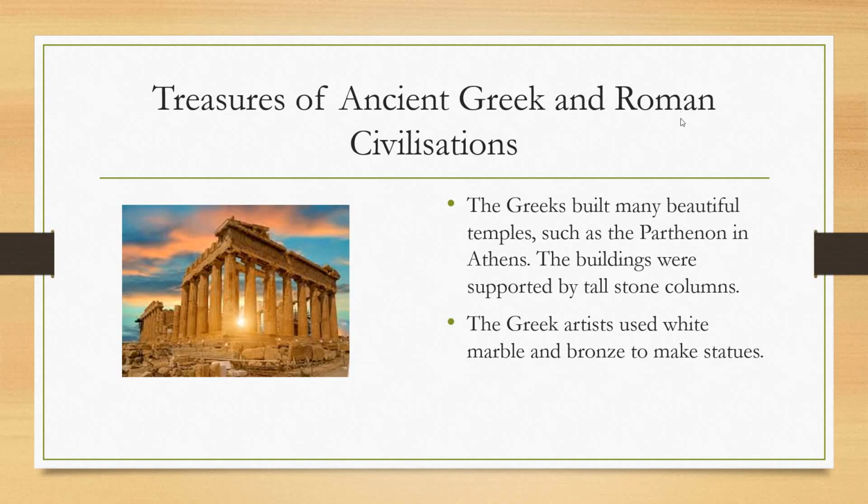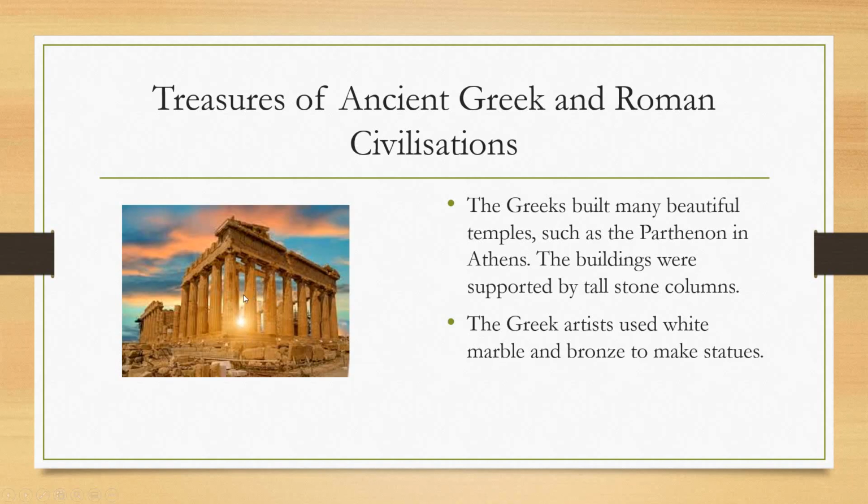And when we talk about the ancient Greek achievement in the area of architecture, certainly we would be talking about their constructions of many beautiful temples. Say, for example, this one, the Temple of Parthenon. This temple was built in Athens, dedicated to the goddess Athena, and we can see from this picture that one very important feature of this building was that tall columns were used in ancient Greek buildings to support some heavy structure.